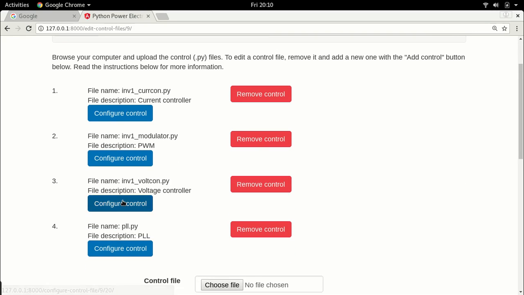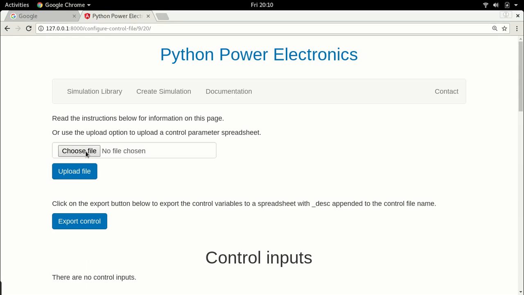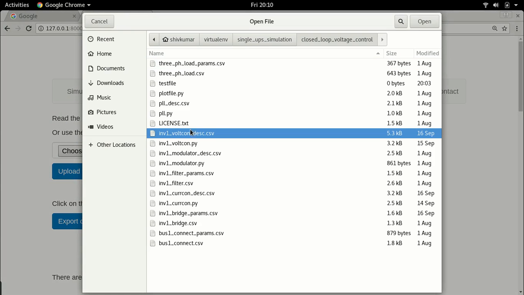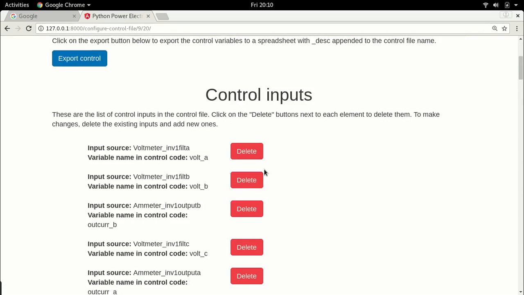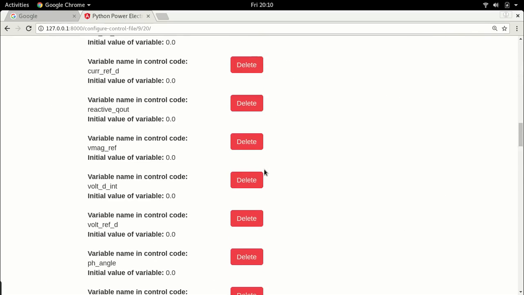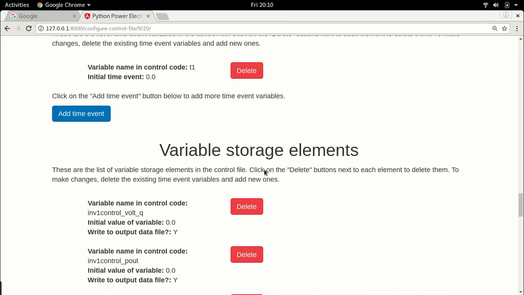The next one is inverter voltcon.py. Next was voltage controller. Upload this file. And you see all the variables are entered. And then there's one last one,